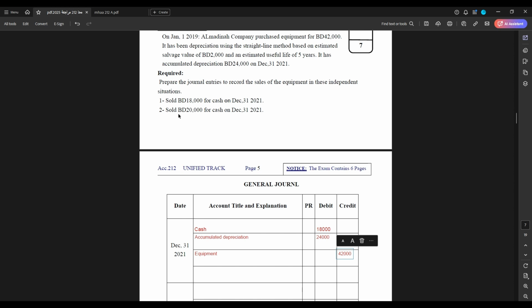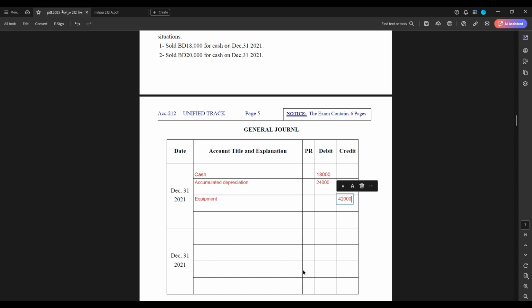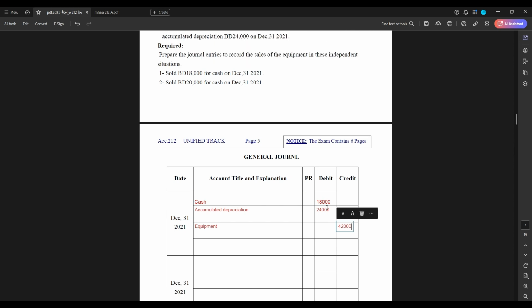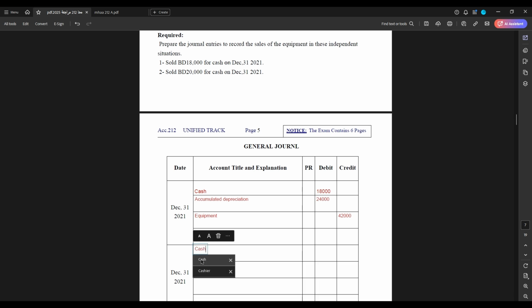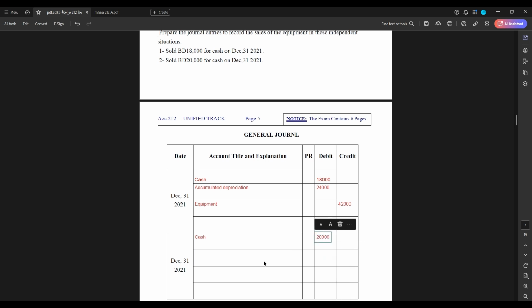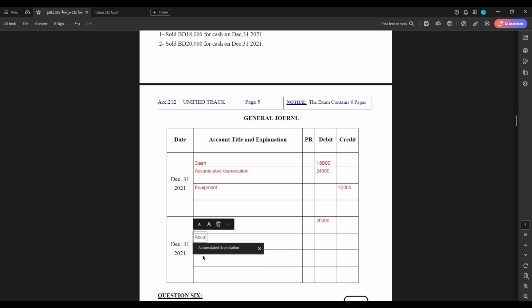The second situation, sold the equipment for 20,000. The first case, we don't have no gain, no loss. Second case, we will get extra 2,000 because we sold it for 20,000. So we record cash debit 20,000, debit accumulated depreciation 24,000,